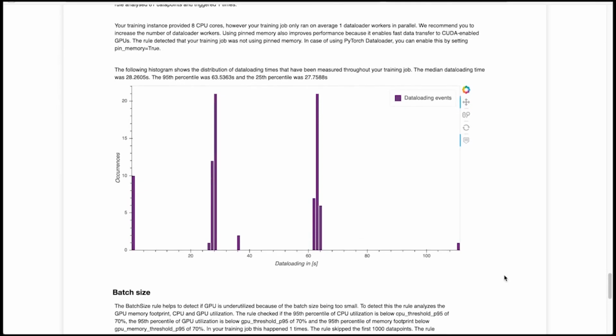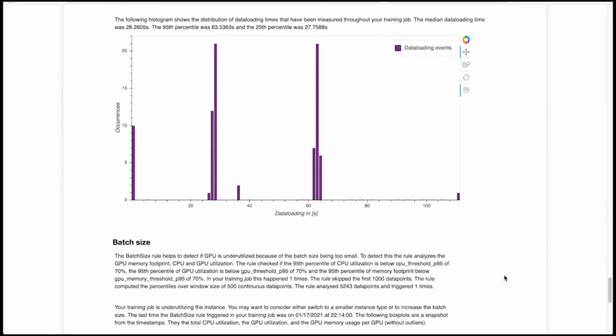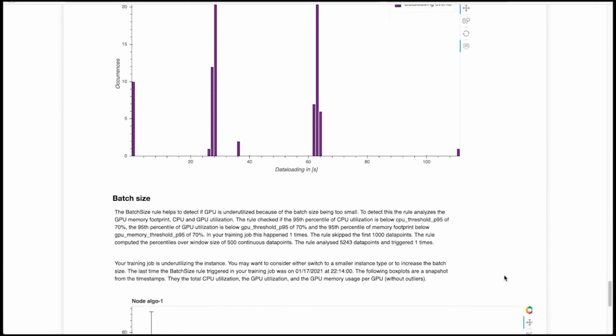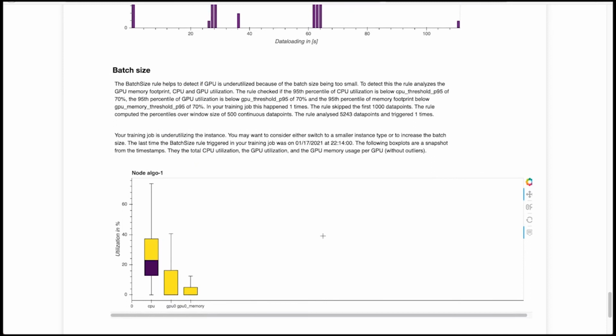The profiling report also gives some insights into the batch size, whether this could have been increased or not. So in my case, it's recommending me to potentially increase the batch size, and Debugger will measure the GPU memory, the GPU utilization, as well as the total CPU utilization to determine whether the batch size could be increased.